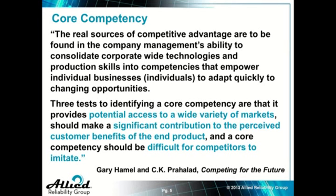In fact, Cargill's corporate strategy through the last several decades is based upon some of this thought process. The definition that C.K. and Gary would give of core competency really is these three things. There are three tests for identifying whether your company has a core competency. The first one they say is potential access to a wide variety of markets. The second provides significant contribution to customer benefit of their end product, and